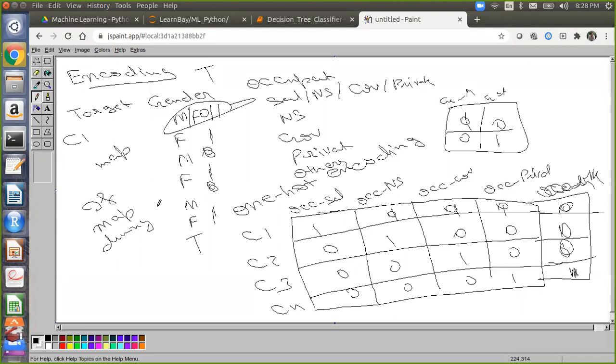Okay. Thank you. If you cannot avoid it, then use it. But it is an interview question: what are the encoding methods you know? So this is one of the encoding methods, one hot encoding, also called dummy variable encoding.